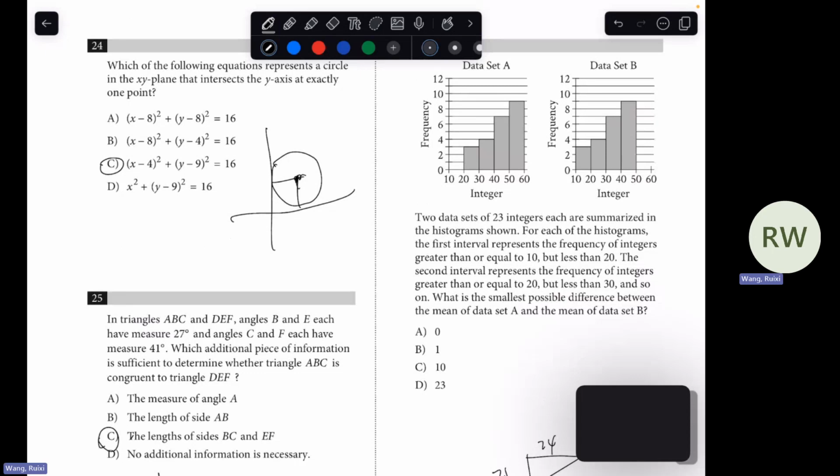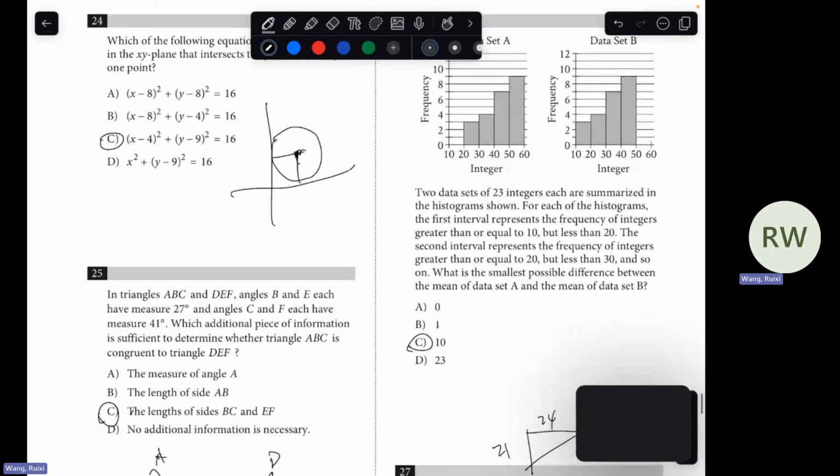For each, the first interval, what's the smallest possible difference between the mean of 10, right? The difference must, so yeah, because the whole data set is shifted by 10, right? So then the difference of the mean would be 10. Right? It could be larger, right? Because of the distribution. Yeah, this is a weird question, but the answer must be 10, right? Because that's a shift. The exact same,